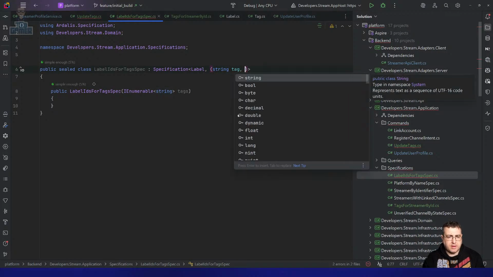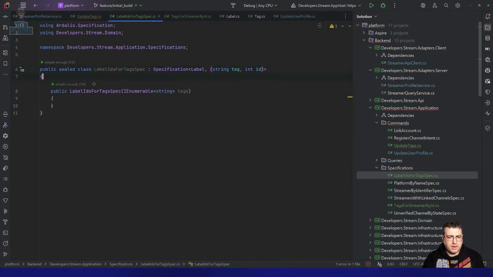String tag, int ID. I don't think that's what I want to do, but let's find out, because that will tell us the ones we need to create. So we're going to get the labels, create the labels, populate this collection, and then work on